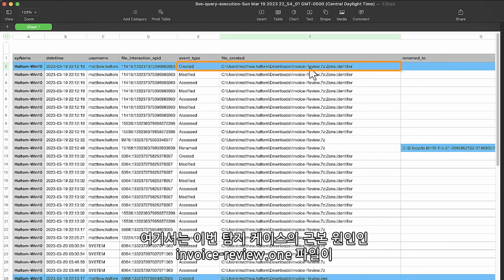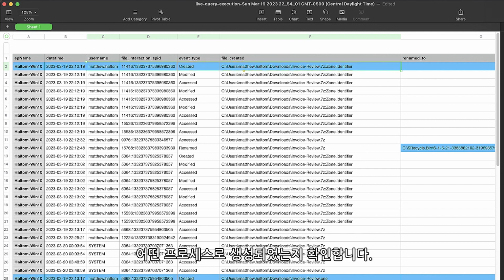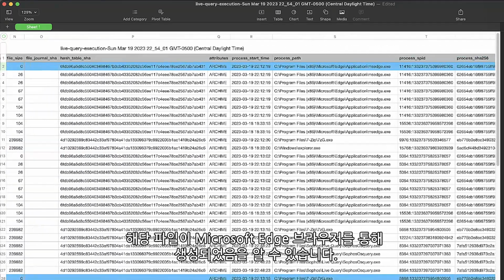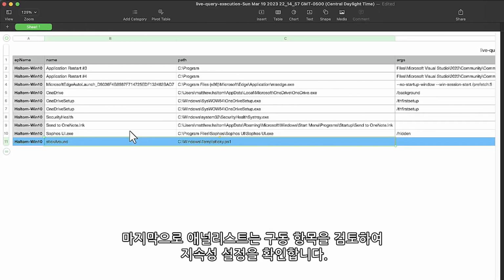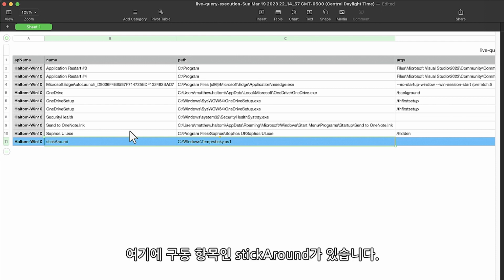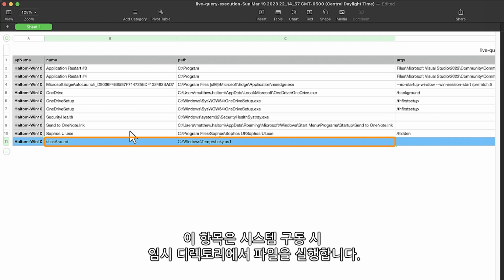Here we identify what process created the original invoice-review.1 file that is the root cause of this detection. We can see that the file was created via a Microsoft Edge browser. Lastly, the analyst reviewed the startup items to determine if persistence was set. Here we can see that the startup item, stick around, exists and will execute a file from the temp directory